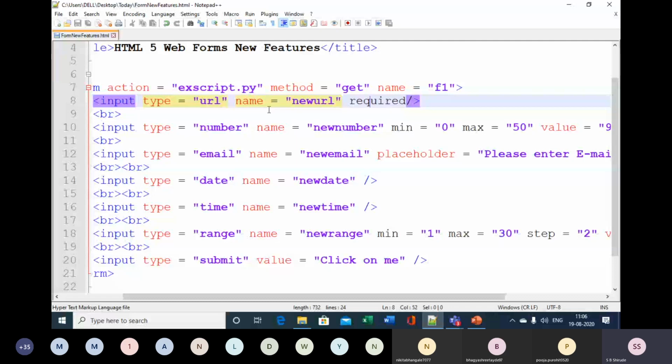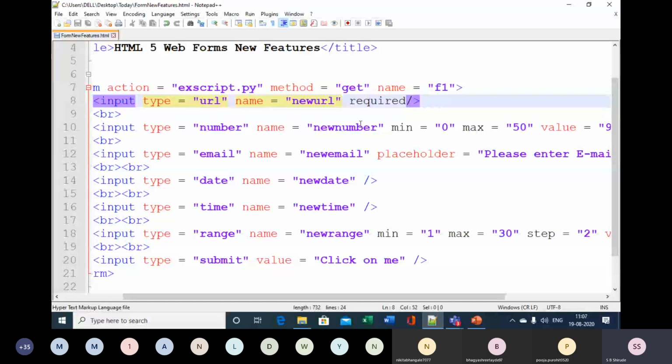So this job was complex in HTML4, but HTML5 has made it very easy just by putting the attribute required. It is very simple in HTML5.